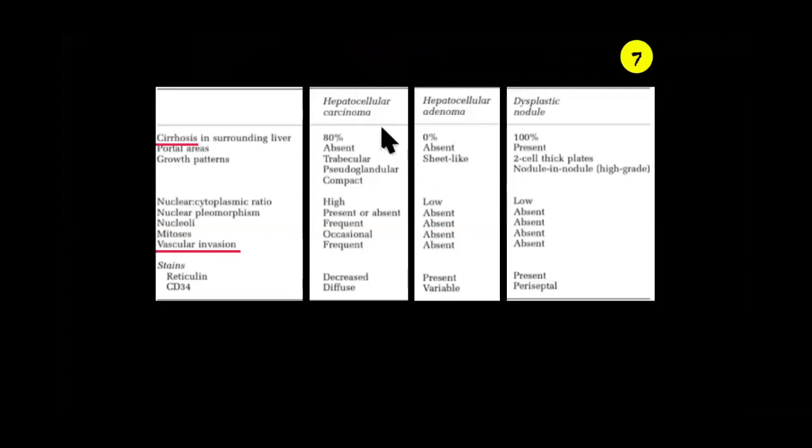So this table helps you to differentiate hepatocellular carcinoma from hepatocellular adenoma from dysplastic nodule. Some tables are very good for exams and very difficult practically. In a needle biopsy, practically you cannot differentiate adenoma from carcinoma from dysplastic nodule. But clinical and radiological findings will help you. Where the patient is having cirrhosis, hepatocellular adenoma is ruled out. Whenever the patient is not having cirrhosis, dysplastic nodule is ruled out. So cirrhosis is a very, very important finding, and vascular invasion is a very, very important finding because vascular invasion is present in hepatocellular carcinoma.